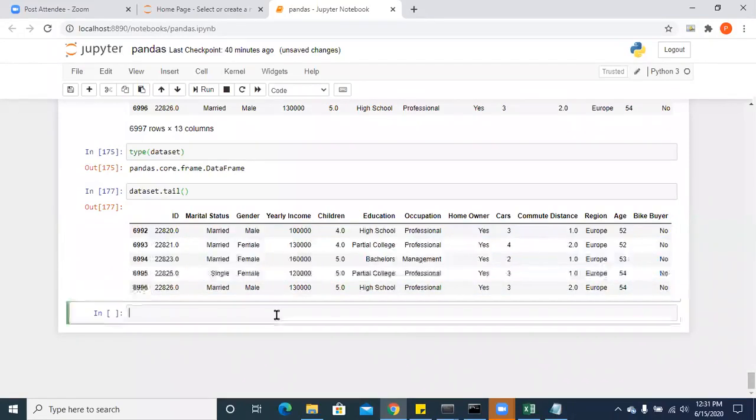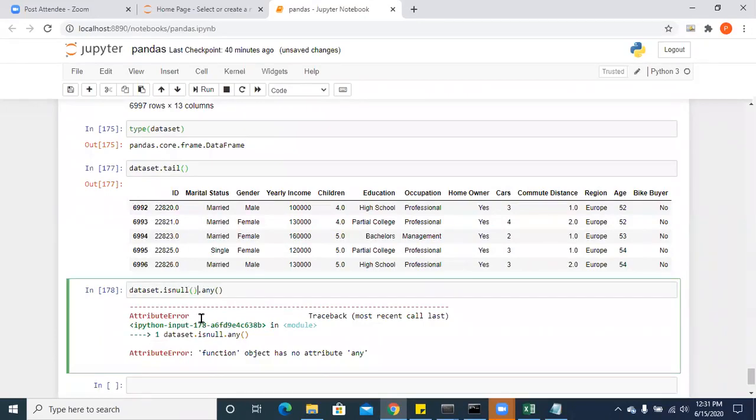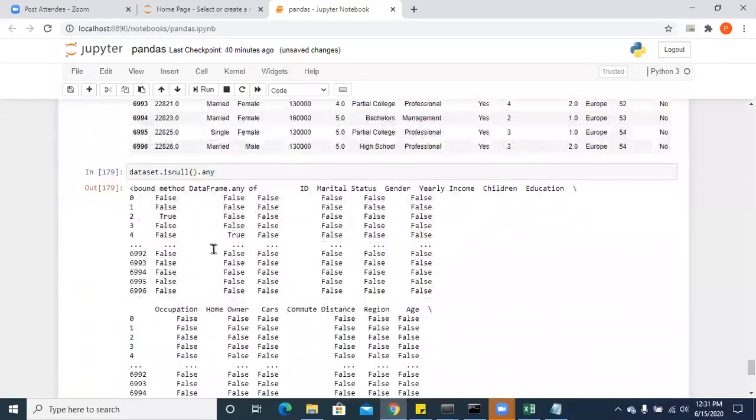Now let's see whether there are any missing values or not. How can you check whether there are missing values? Data set dot isnull dot any. Let's see this one first, without any. It will give output like this. Can you see where the missing values are?